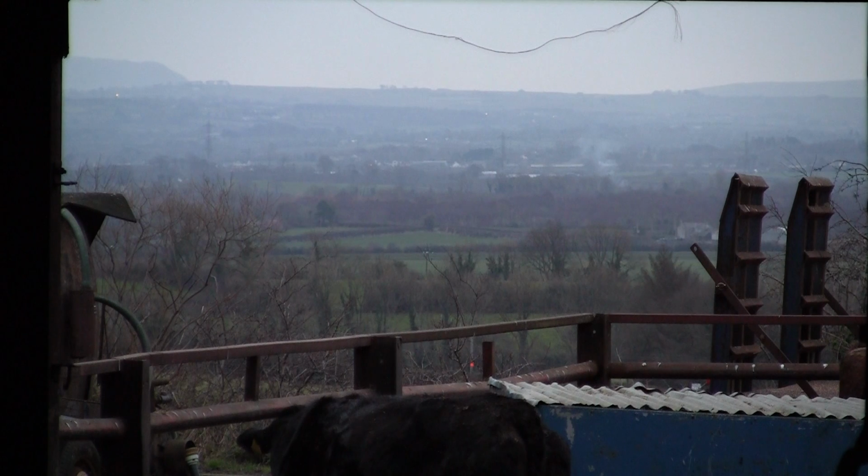Well, it's another early start and I'm down at the farm again. I've only arrived and I've managed to set the camera up and started recording. I'm still trying to get the rifle out of the rifle slip and get it loaded and ready. But I thought I would show you the footage here of roughly how many birds are flying about here and